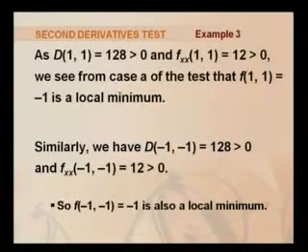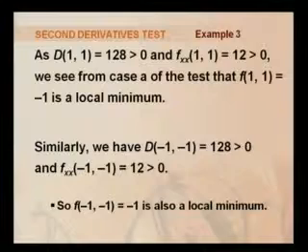0 is a saddle point. The second critical point, 1 1, is a local minimum. Similarly, if we take the third critical point, -1 -1, and find the value of D at